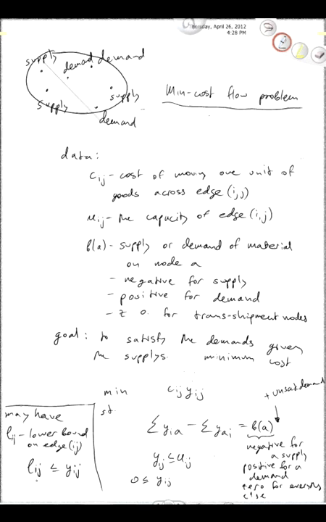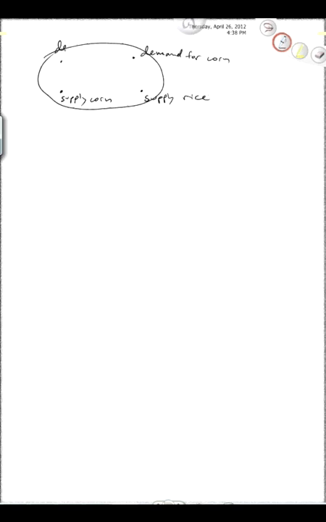So that's the third basic network problem that we'll look at in class, this minimum cost flow problem. So let's look at the fourth problem. And to do this, let's again just motivate it with a picture. So suppose now that over here I have a supply of, let's say, corn. And over here I have a demand for corn. Over here we have a supply for rice. And over here we have a demand